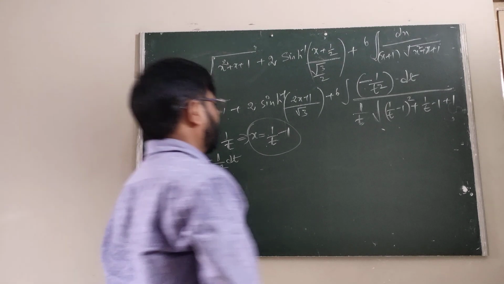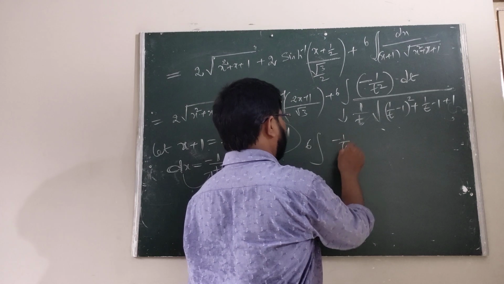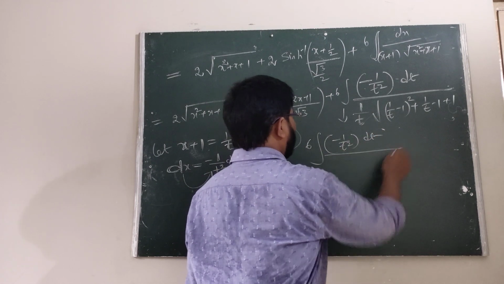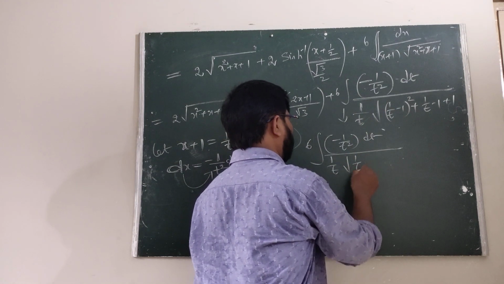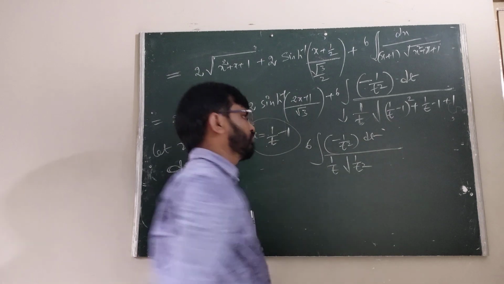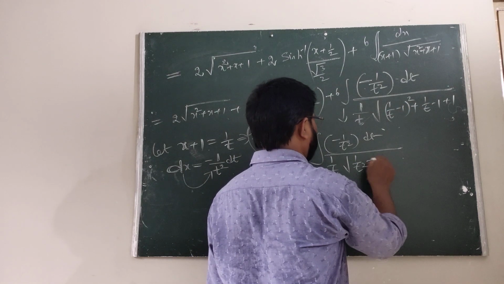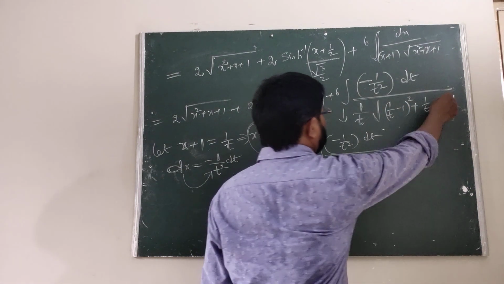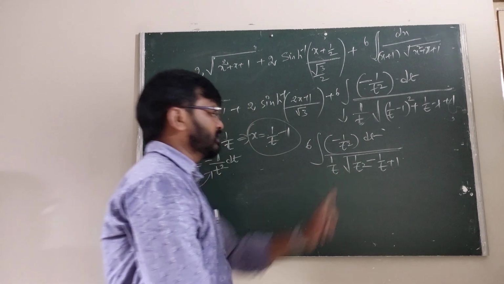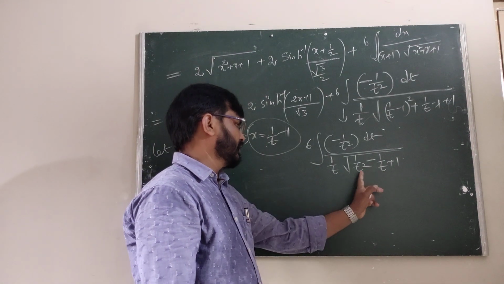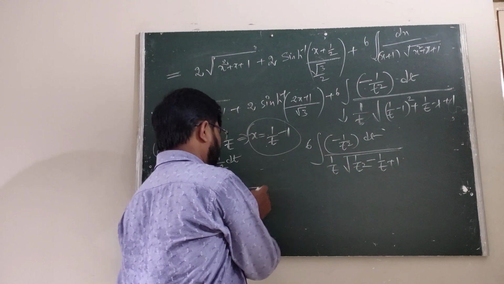Now here we write, now we have to find only this one. 6 into integral minus 1 upon t square into dt whole by, how to write this one? 1 by t. Now this is 1 by t square. Now this is a square minus 2ab, minus 2 by t plus 1 by t. This is minus of 1 by t. These two are cancelled, plus 1. Therefore, after that when we are taking the LCM, it is t square. That means square and root are cancelled, then it will be t square. Therefore t square are cancelled.